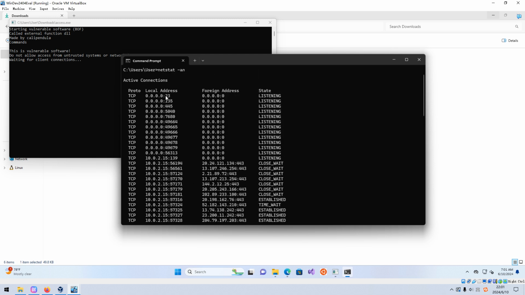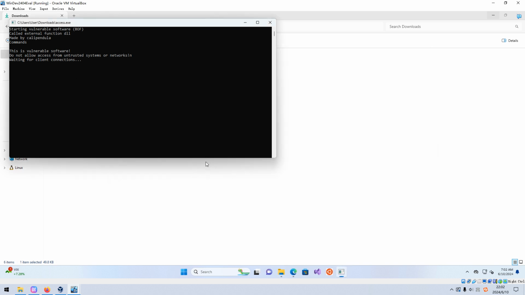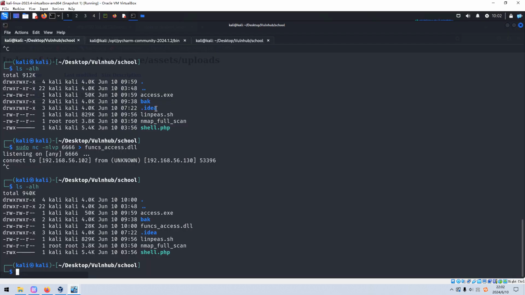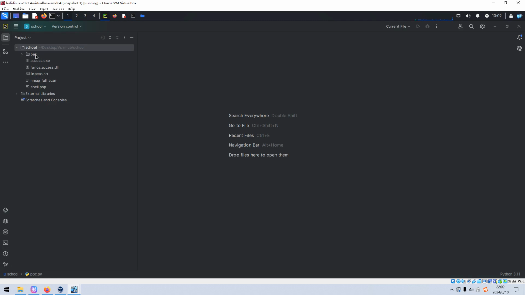Yeah, here, this one is open. So I think this is just what the target is running. So next we need to check whether this application is vulnerable or not. How to do that? Maybe I can close this down, and we can go back to Kali Linux. Next, I'd like to write some Python code to do such testing.